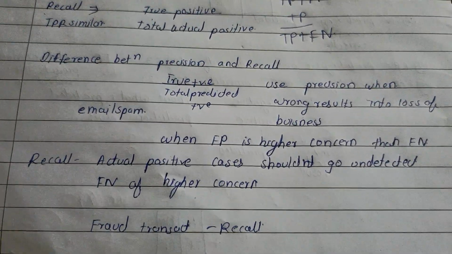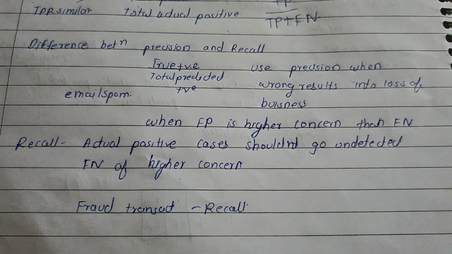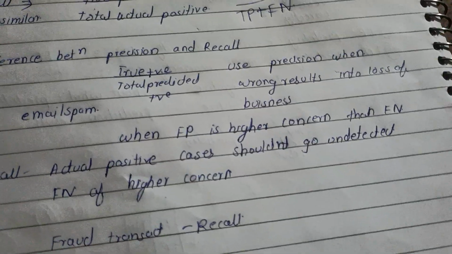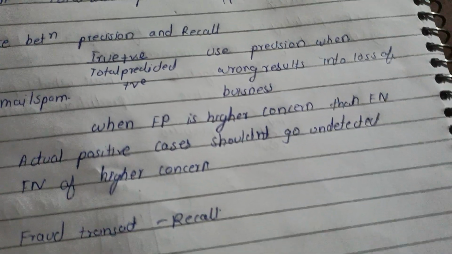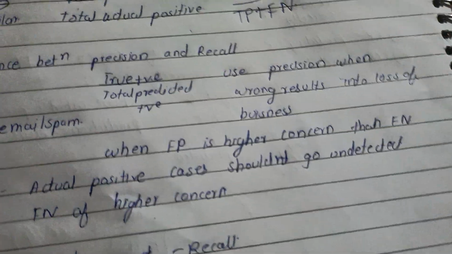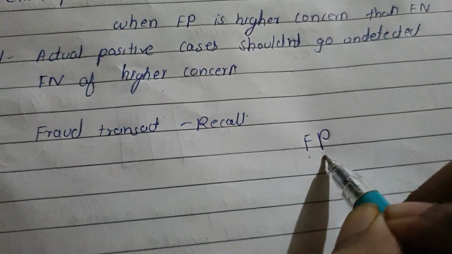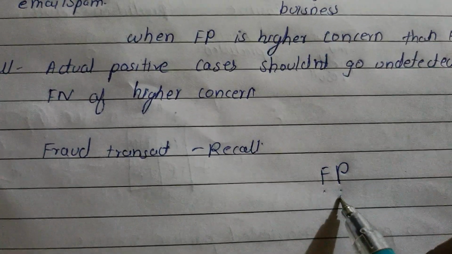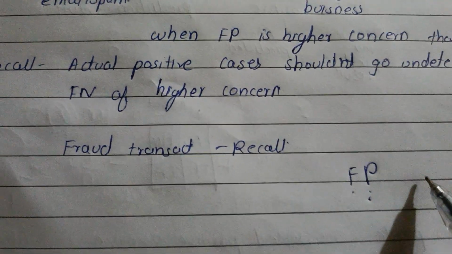So these are certain concepts. Now let us move on to one example. Let us say there are COVID cases, and in COVID cases we generally have two options, positive and negative. For doctors, which case will be of more concern? Let us say the case is false positive. False positive means predicted positive but actually negative. Since he is predicted positive, he will take hydroxychloroquine tablets or a vaccine,